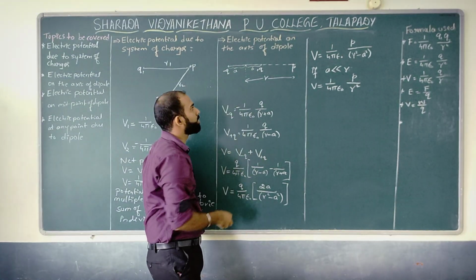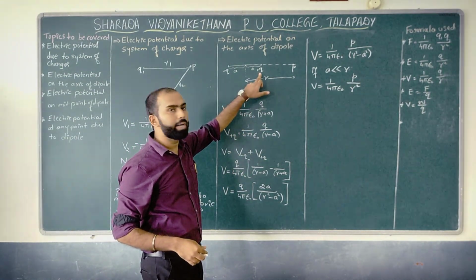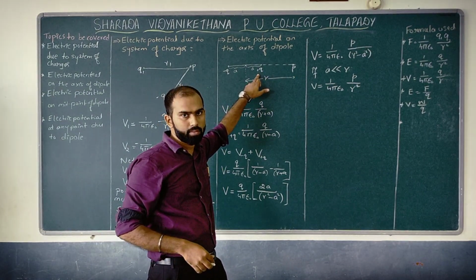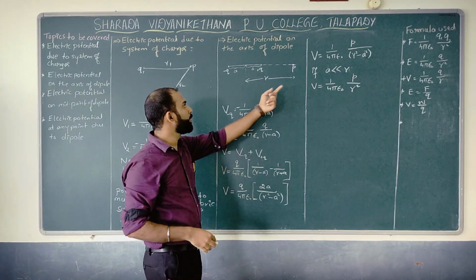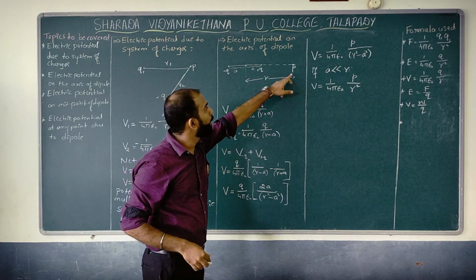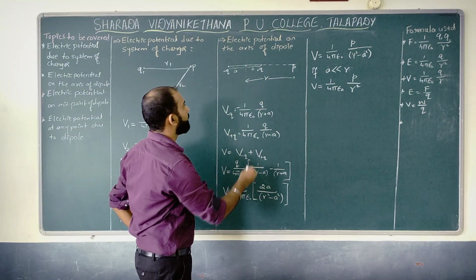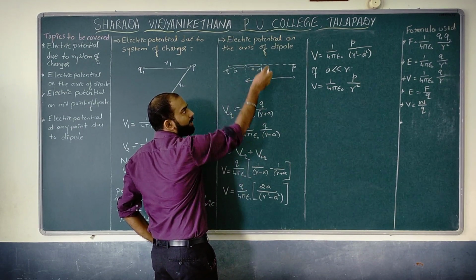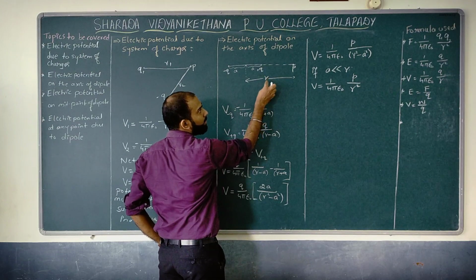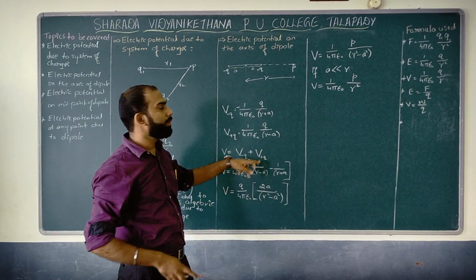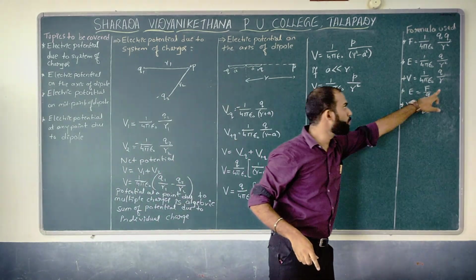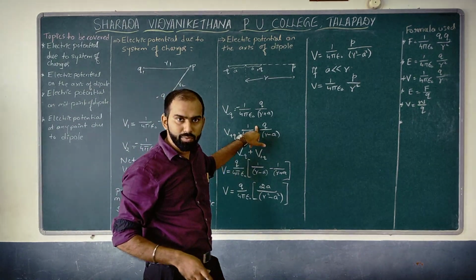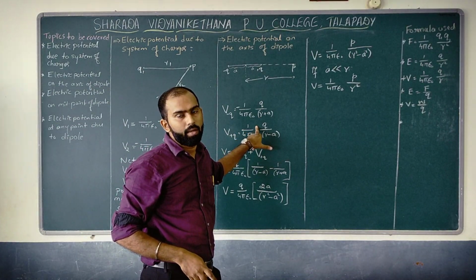So similarly, if I want to calculate the potential at point P with respect to plus q, what should be your answer? You know the distance from point P to the plus q charge: the total distance we have is r, and from here to here we have a distance a. Can I say that this much distance is nothing but r minus a? That's why we are supposed to write the distance between the 2 points as r minus a. And whether minus q is required or plus q is required, what should be your answer?